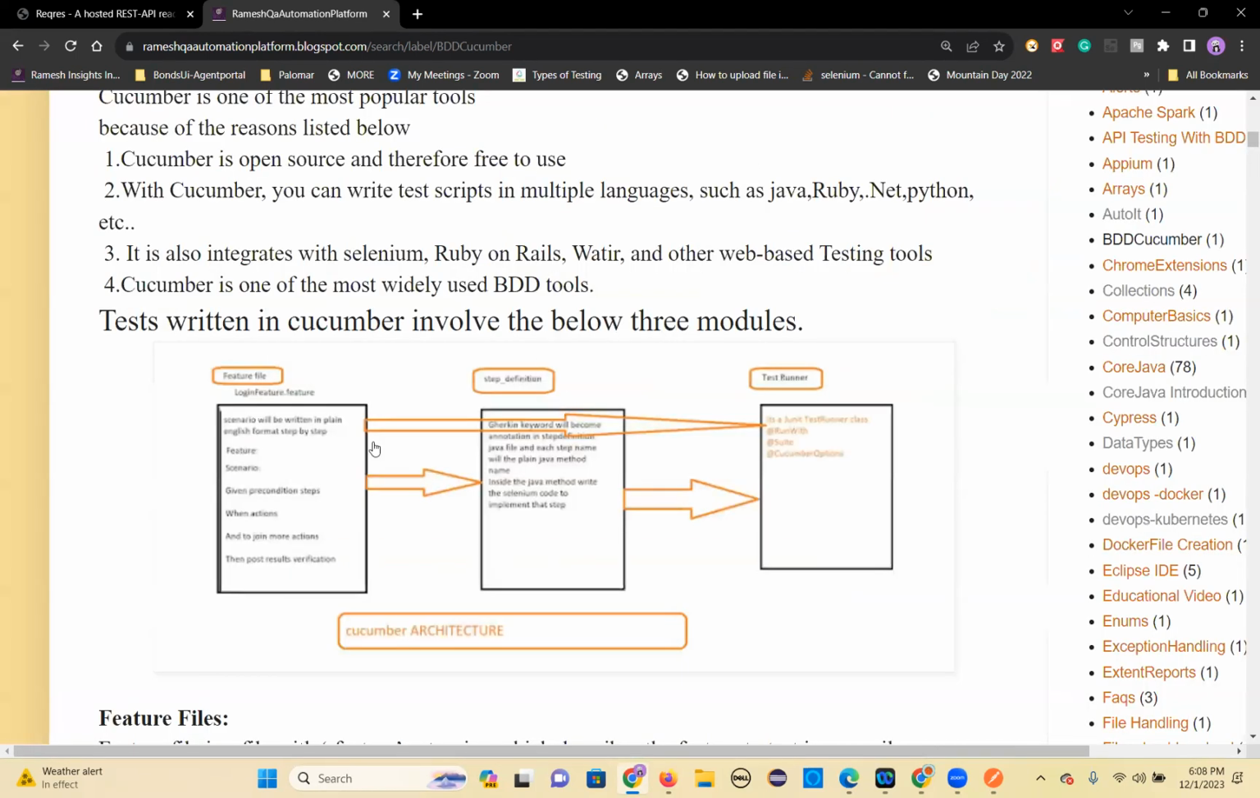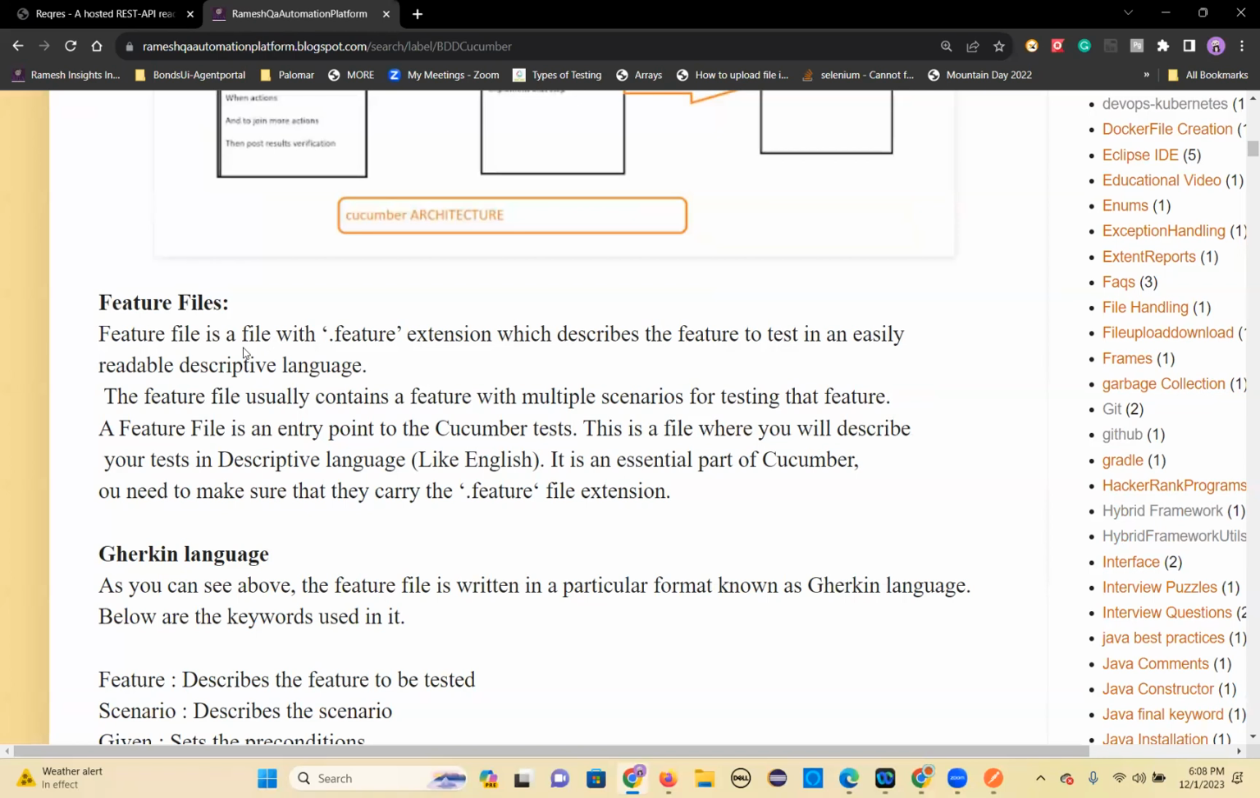So this is the architecture. Let me show you. A feature file is a